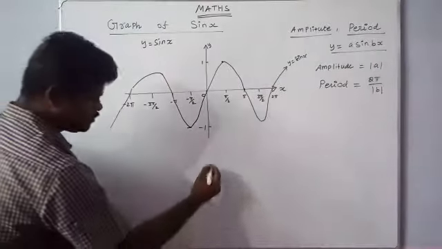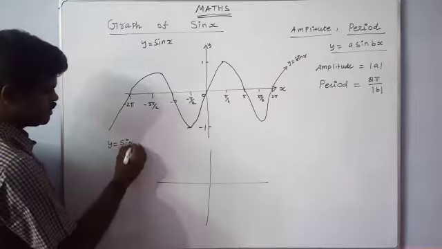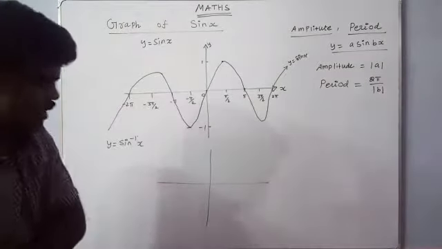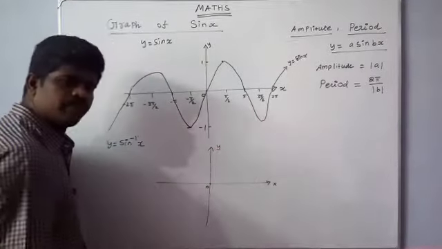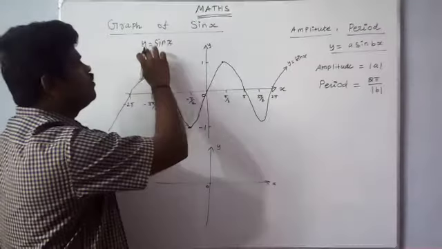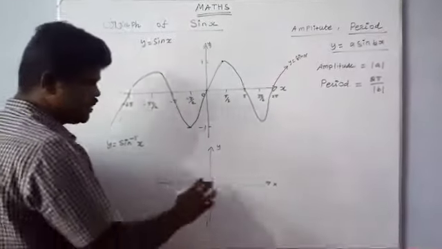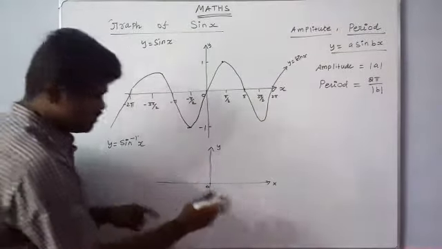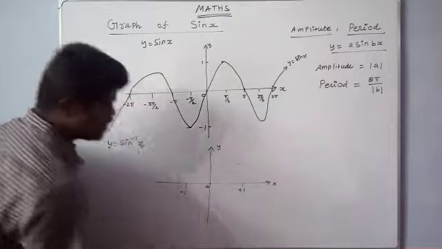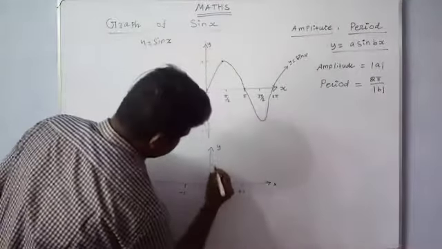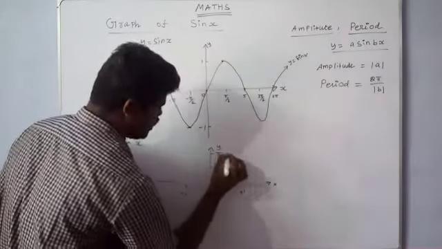And we want to know the sin inverse x graph, y equal to sin inverse x. Here same, 0, this is the x-axis and this is the y-axis. If we draw the sin x graph, the answer must be minus 1 to plus 1 here. But for the sin inverse x graph, the domain and range will be changed. Here take plus 1 and here we take minus 1. And on the y-axis we take pi by 2, here pi by 2 and here pi.